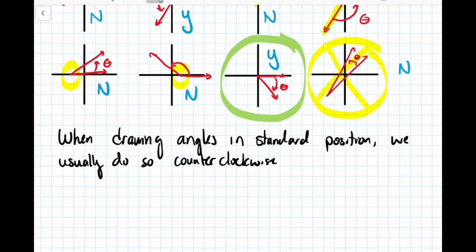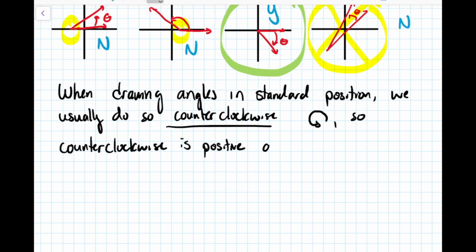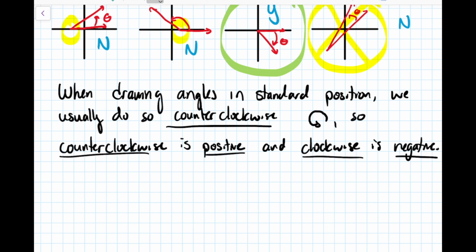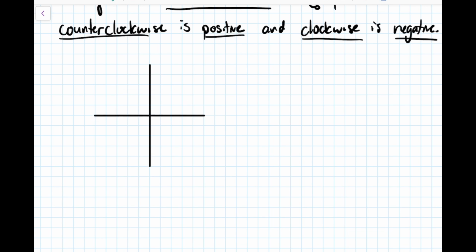For anybody who doesn't know, counterclockwise means we go this way around the circle. And because we typically go counterclockwise, that is considered a positive direction, and clockwise is considered negative. There's nothing wrong with having a negative angle, but it is just something that you need to be aware of. So clockwise, negative; counterclockwise, positive. And so if we look at our angles in the context of the xy plane, our Cartesian plane,